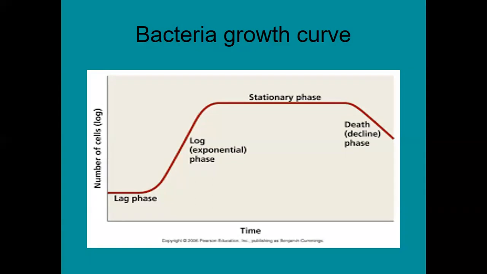Suppose you have joined a school or a college: for the initial 15 days, you are new to it. You are trying to understand what is happening. Then you make friends. Similarly, the bacteria will divide. It becomes logarithmically, exponentially very high. Then, after one limit, you stop. That is the stationary phase. After that, because of the competition, a quarter of the bacteria are not able to get the food to survive. Then they start declining. That is the death phase. So you have lag, log, stationary, and decline.